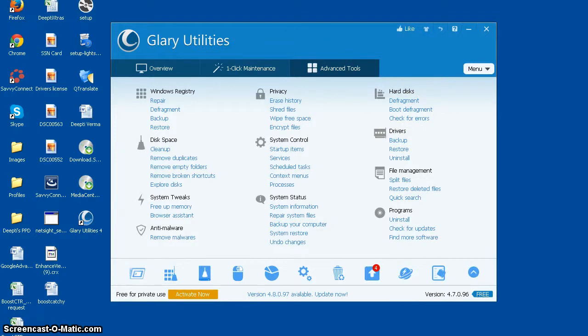So I find this software very easy to use, and it's got a lot of neat features. It can optimize, clean and boost the speed of your Windows, protect your privacy and security, block spyware, trojans, adware, etc., fix application errors, and it's got a very simple, fast and user-friendly interface. So I find this a very handy utility, and I hope you also like it.